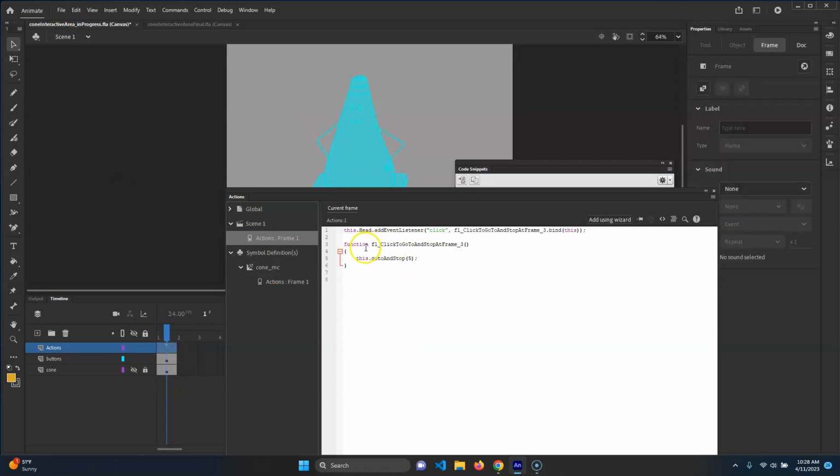So now what I want to do is this. It's not going to be this. It's going to be this dot cone, because that's the name of the symbol. So inside of this, which is the stage, there's something called cone. For instance, we want to interact with the head. See how this says this dot head add event listener? Now we're doing this dot cone, and we're going to say go to and stop, and it's going to be